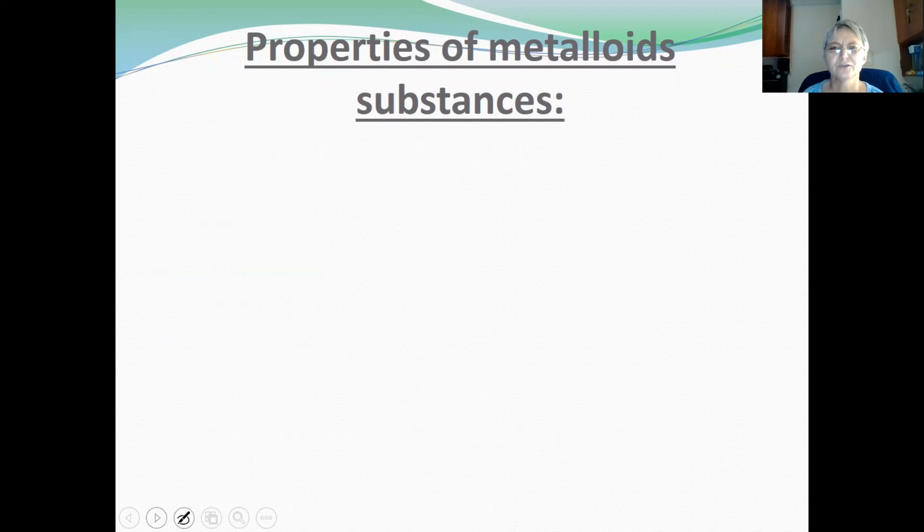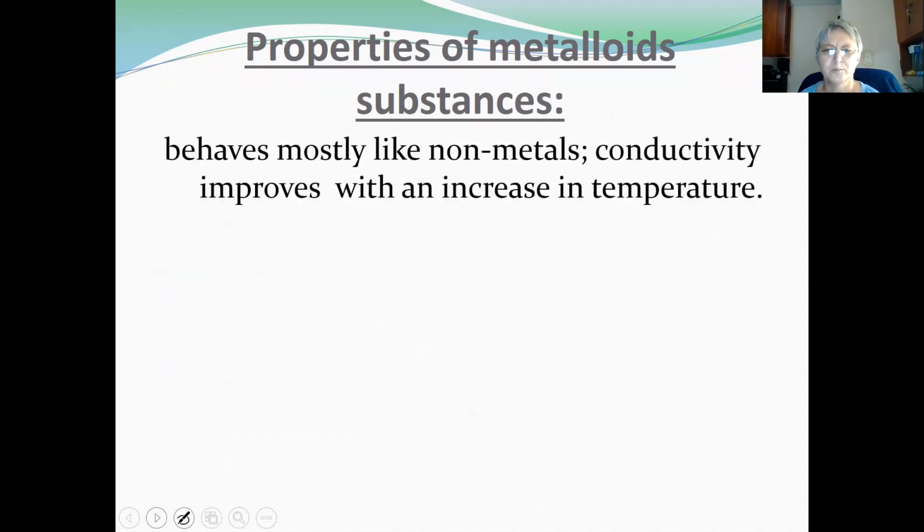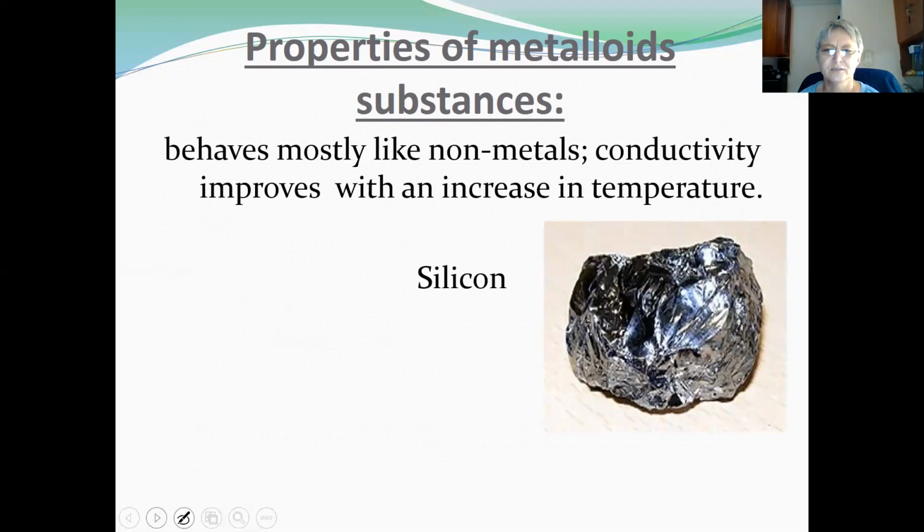Right, the last group of elements we just want to discuss quickly is the properties of metalloid substances. Now, metalloids are the elements with both metallic and non-metallic properties. They shine like metals, but they are brittle like non-metals. Their exceptional property is in connection with the conductivity of electricity. Their conductivity increases. They become better conductors of electricity when the temperature